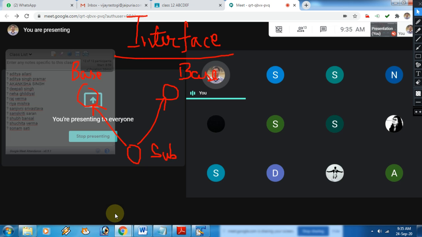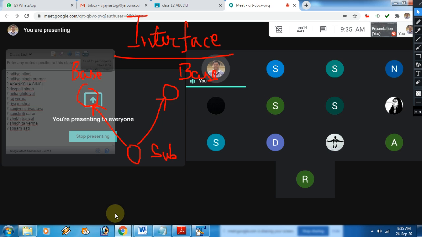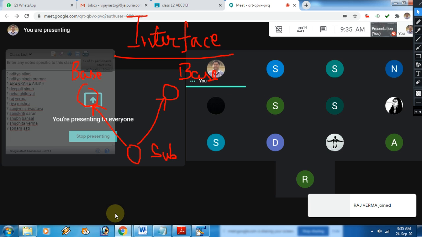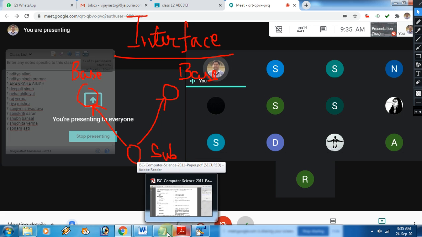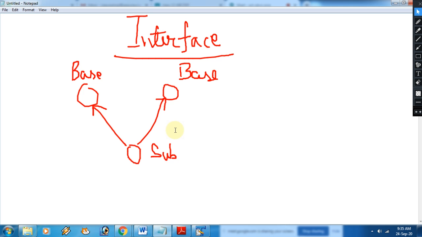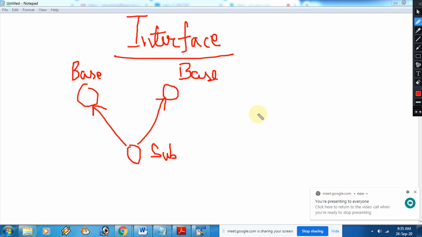Okay, children, listen. This program I will see in the next class. So let me explain the concept of interface. Got it? Now start writing the question. Yes, sir. Please, everybody, this you can do as homework. Now just focus on this interface. So what is this interface? Everybody please stop writing and try to understand.